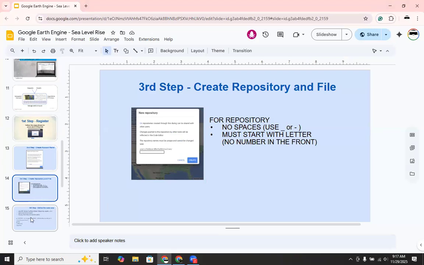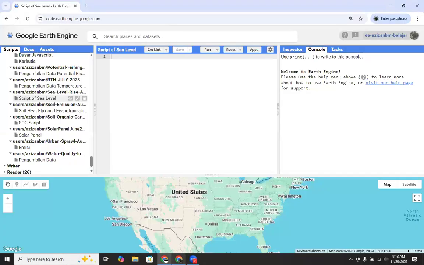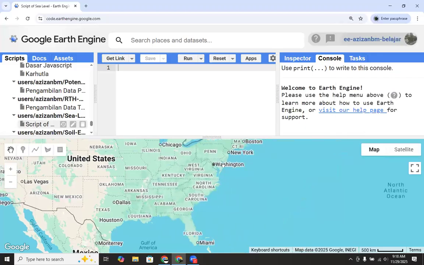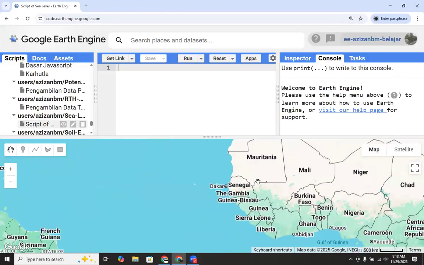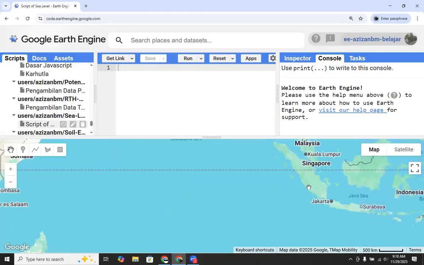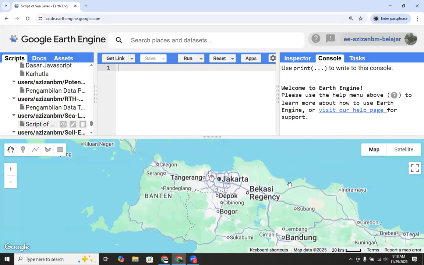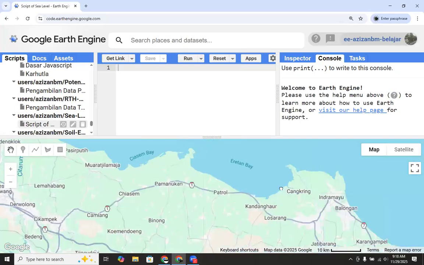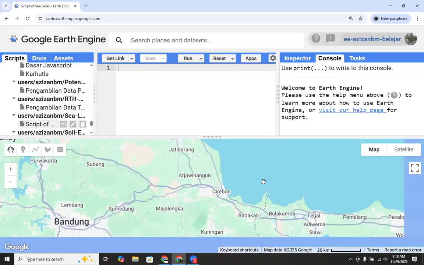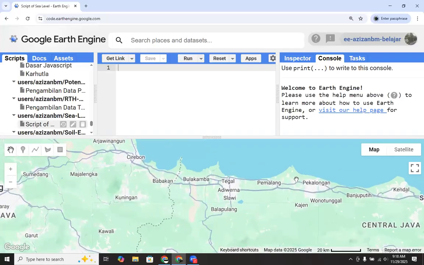After we define the repository and file name, we can define the water area. We can use the map. Let's say we want to analyze the coastal area.